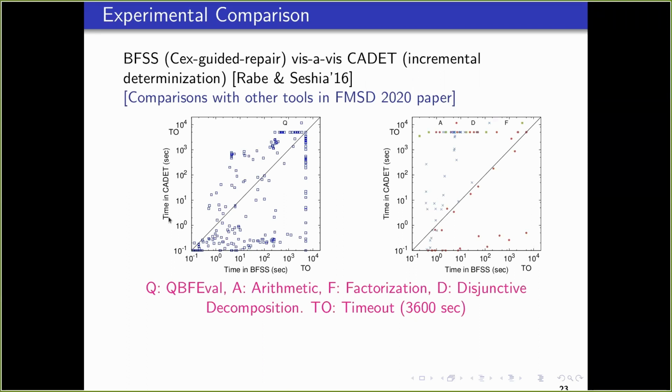So here is the experimental comparison. This is one of the state-of-the-art tools called KDET until a few years back. Today it is no longer one. And this is our tool which uses the policy that we just talked about. What you see is a very mixed picture, and these are different categories of benchmarks that we used. These have really complementary strengths. There are timeouts that happen for each one, which can be solved by the other, and so on and so forth.